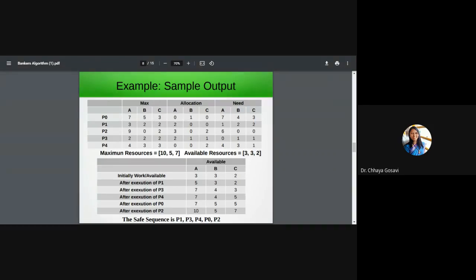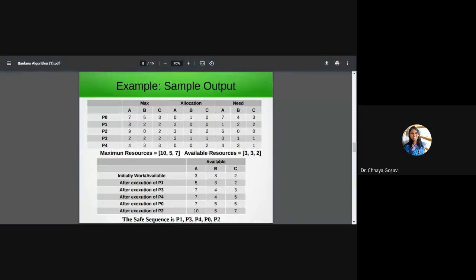Again, instead of incrementing the value of i to 2, i can be initialized to 0 again. We can break that loop and start the loop again from i = 0. So from P1, we'll go back to P0 and check whether we can satisfy the request of P0. Now we have 532 resources available and the requirement is 743. Still we are not able to grant the request of P0, so P0 has to wait.